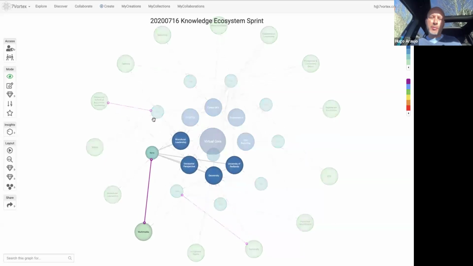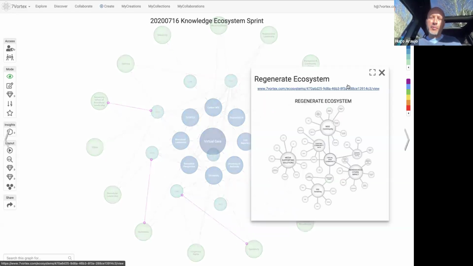Then I put the people that I'm connecting with, and the maps that I did with them for the meetings. So I use it also for taking notes in a meeting. It's very useful because instead of losing the knowledge or keeping it in your notebook, it is now available for everyone.